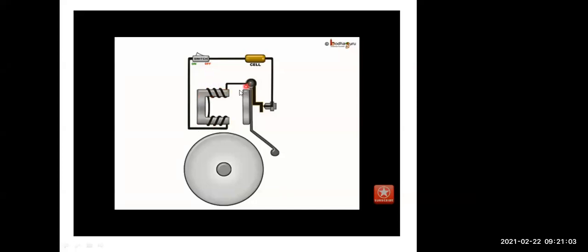Again there is another iron bar which is attached to this part, which is placed near to this iron bar. A small bar, to this iron bar a hammer is attached which will strike the gong, because of which the sound is produced. This is the gong made from iron, and this is again an iron material which is used.